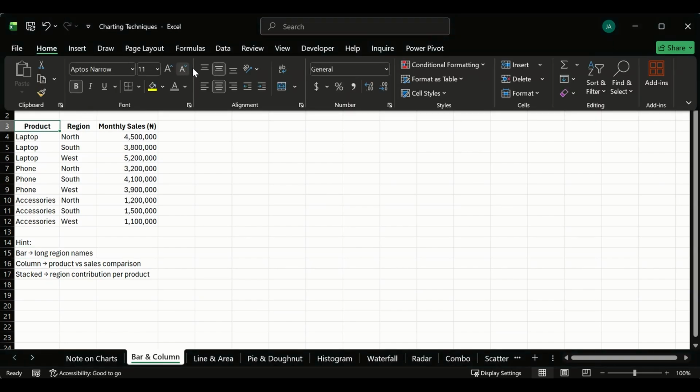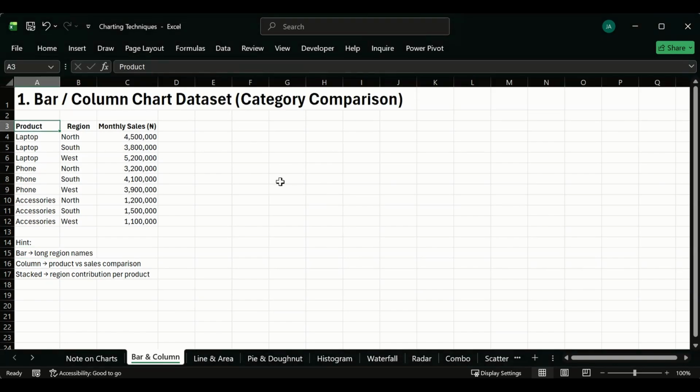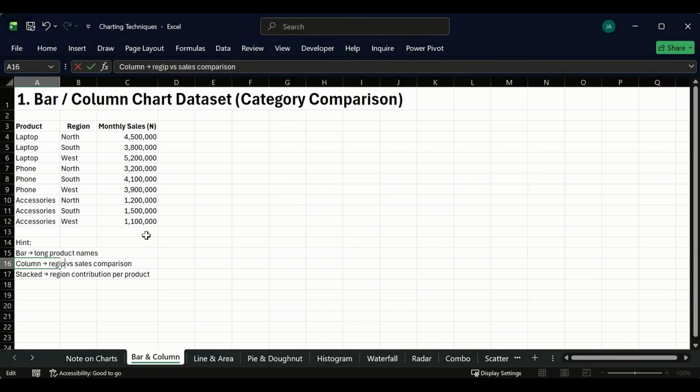I want this to be this way. Okay, so the first one, which is category comparison. Now we want, okay, no, not this names, the long product names, the product names that are long. I see that. All right, long product names, and then we can do region versus sales. Since those charts are not too